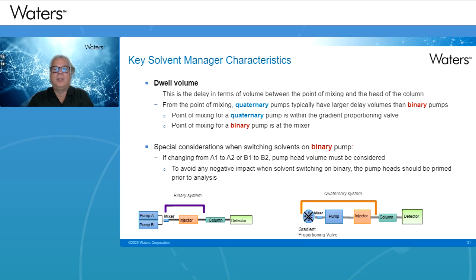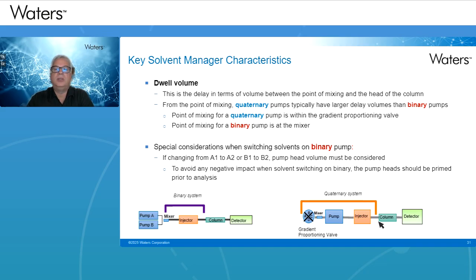If they use a quaternary system, the blend of the solvent will be done before the pump, so it will be done at low pressure. The mix where the formation is done will go through the pump, so the pump heads and everything. Then it will go to the injector, then to the head of the column. You can imagine that this is a bigger volume. So that's the dwell volume definition. It's from the gradient formation to the head of the column. So that's a huge volume.